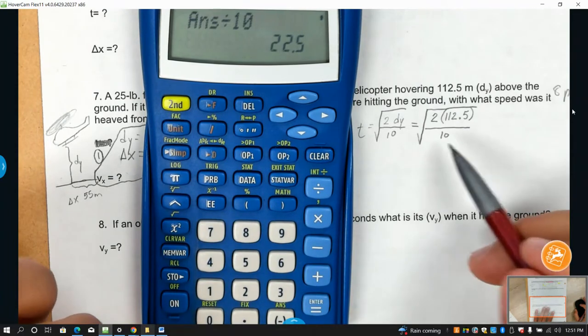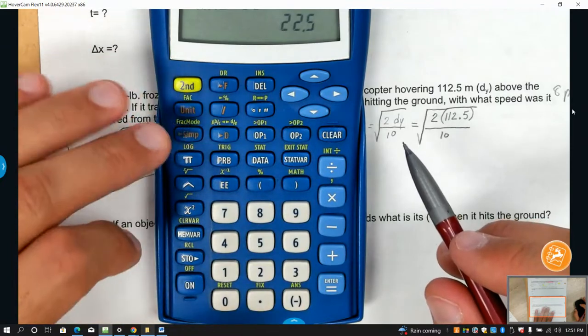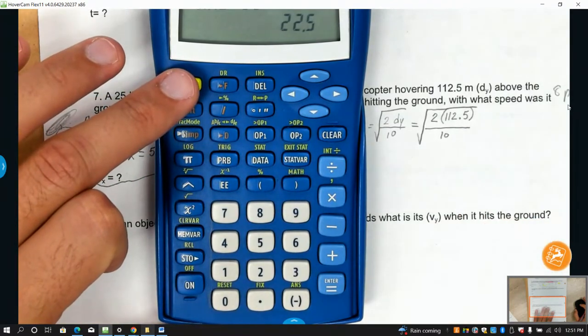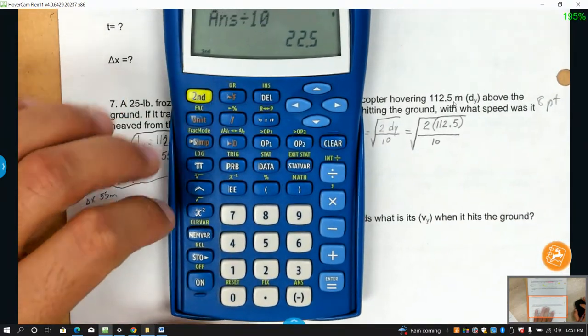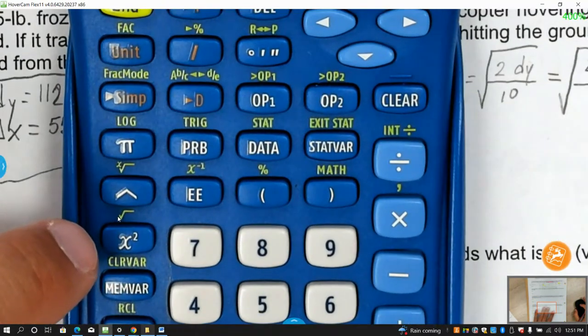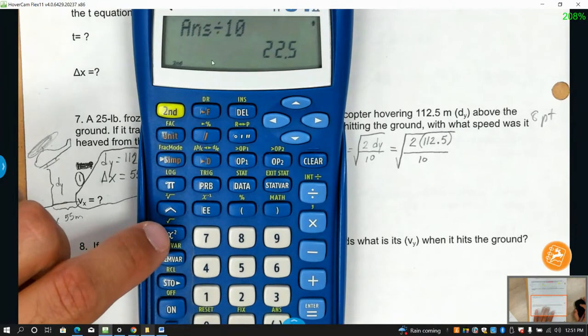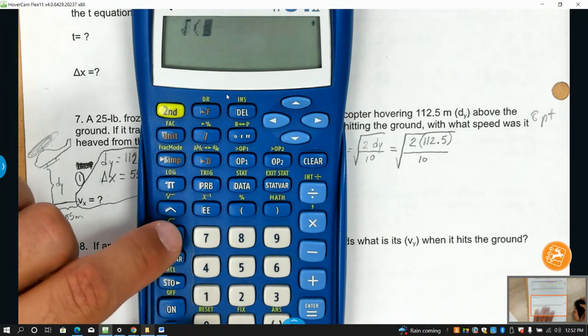Remember, you're not done yet. Why? Because you have to square root. So to do it on this kind of calculator, you're going to hit second. See where you see the x squared? There's the square root symbol. We want that one, not the one with the x square root. We just want the square root. So you have to hit second to get to any of the yellows, and then press that, and you should